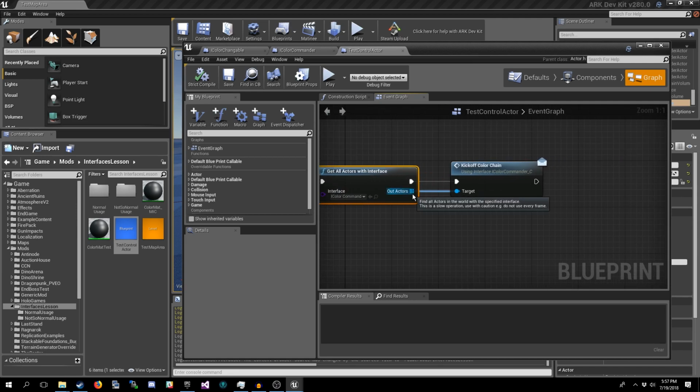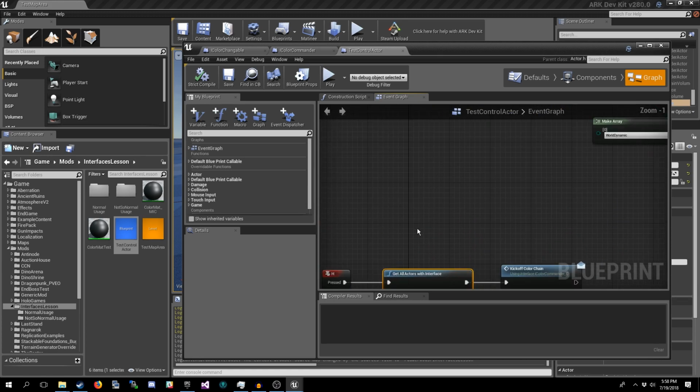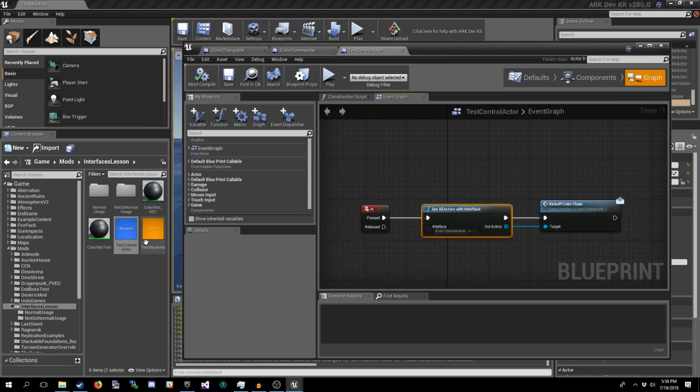Now, something special you can do with these interface messages is you can give it an entire array as the target, and it'll automatically do a for each over them. You don't have to do the for each yourself. It'll do it itself. But keep in mind, it is definitely a for each loop that is occurring when you do this. And that will be more apparent when we look at the other classes really quick.